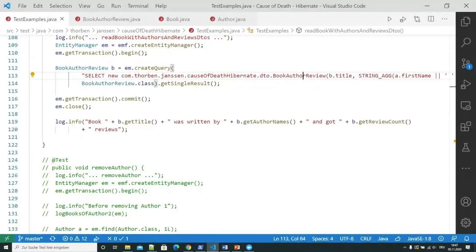So to summarize that answer, the correct and best approach would be to have one DTO class for a specific selection, and as long as multiple use cases use exactly the same selection, then you can reuse that for all of them. That's totally fine.